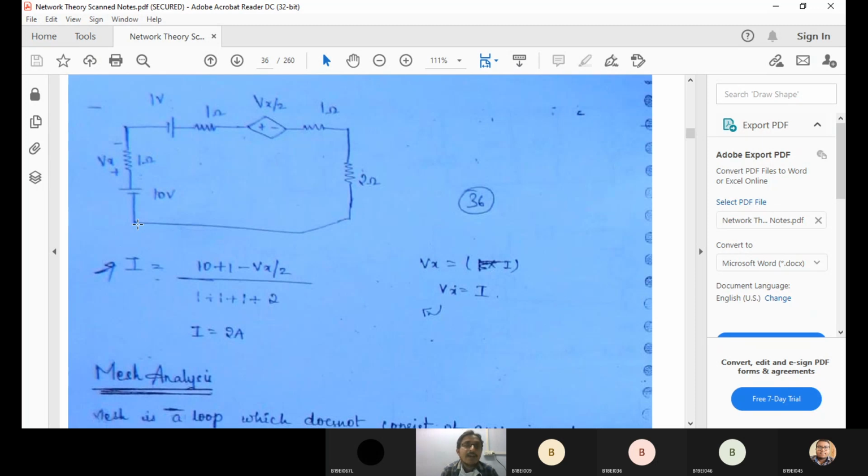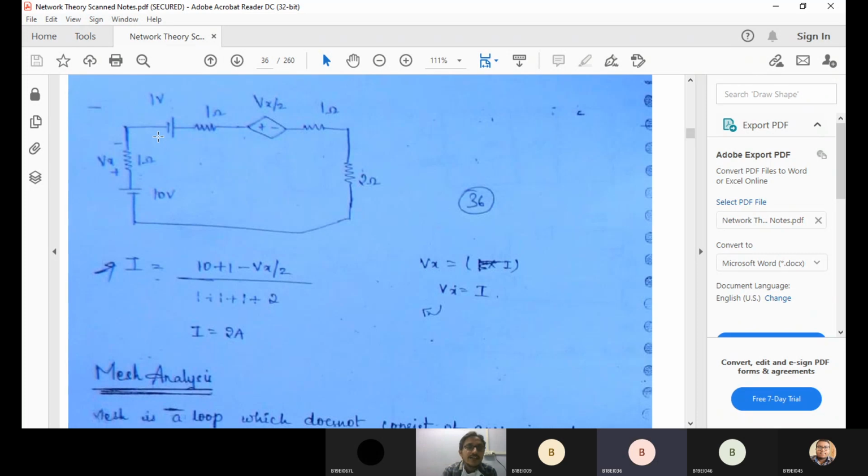They both are having the same polarity. Yes or no? 10 minus 1 means both are having opposite polarity, negative positive plate and positive negative plate. Then you can write it as 10 minus 1. How can you write 10 minus 1 when both are aiding in nature? Tell me one thing, are this 10 and 1 both aiding in nature or opposing in nature? You just connect them: negative positive, again negative positive, both are in the same direction. Negative positive, positive negative means this polarity and that polarity are in different ways. Do you understand my point?